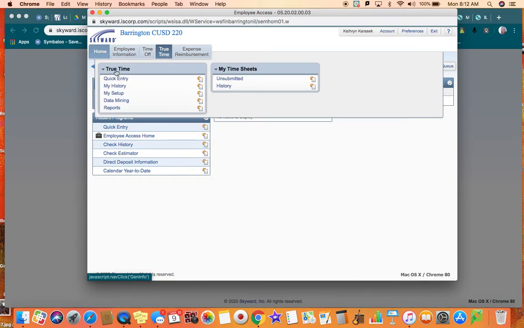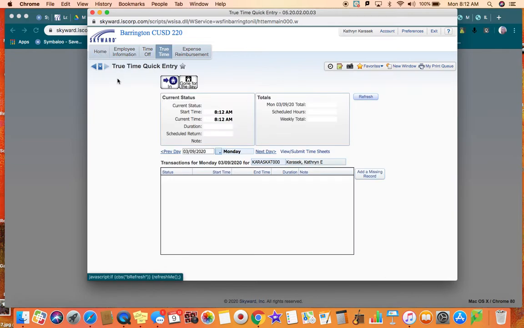You're going to want to hit quick entry. Within quick entry, this is where we're able to backlog some of the hours that we've done. So if you go down below and you see this little clock, or the calendar really, if you click that,